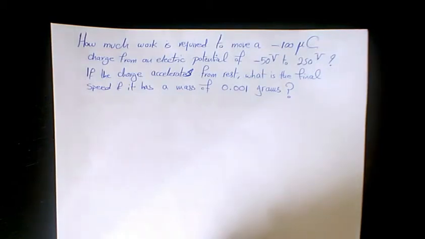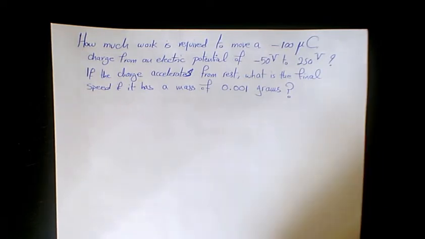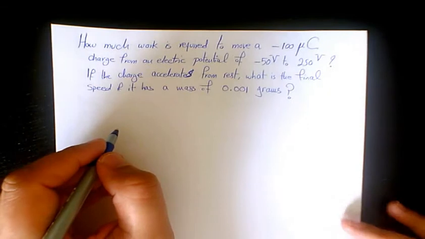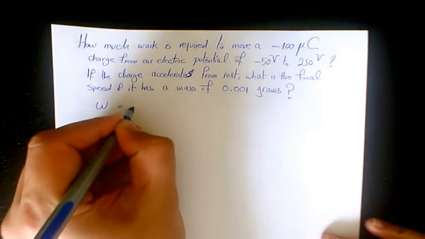How much work is required to move a negative 100 microcoulomb charge from an electric potential of negative 50 volts to 250 volts? If the charge accelerates from rest, what is going to be the final speed if it has a mass of 0.001 grams? So the first thing I need to do, we know work is going to be equal to negative